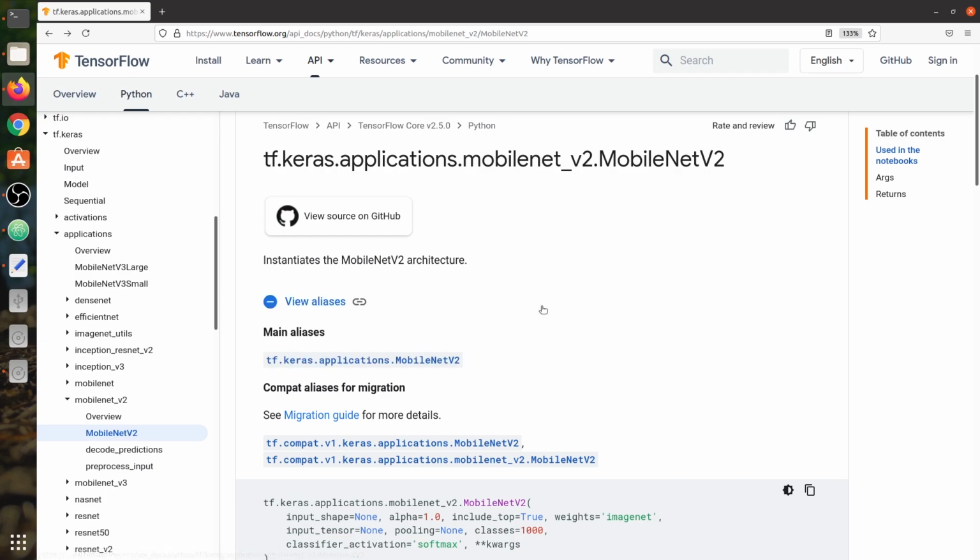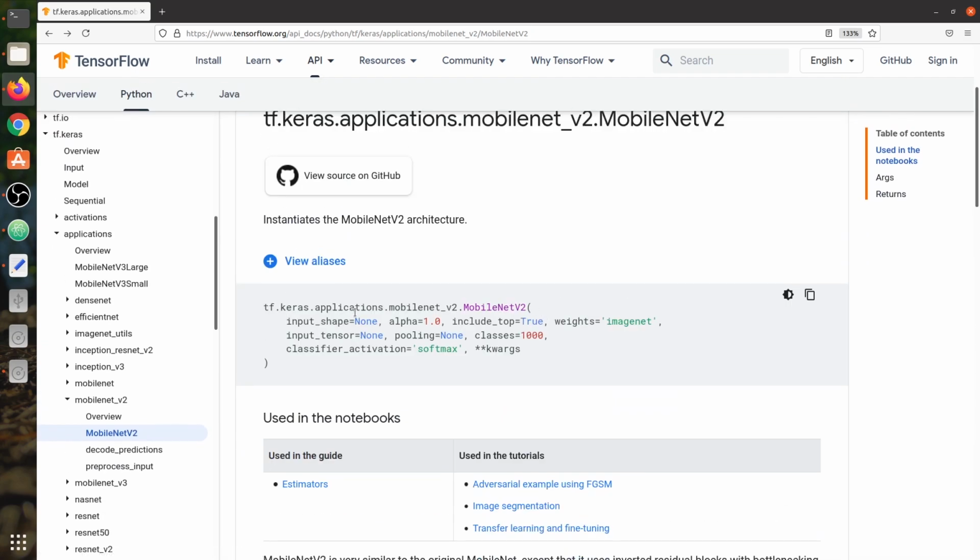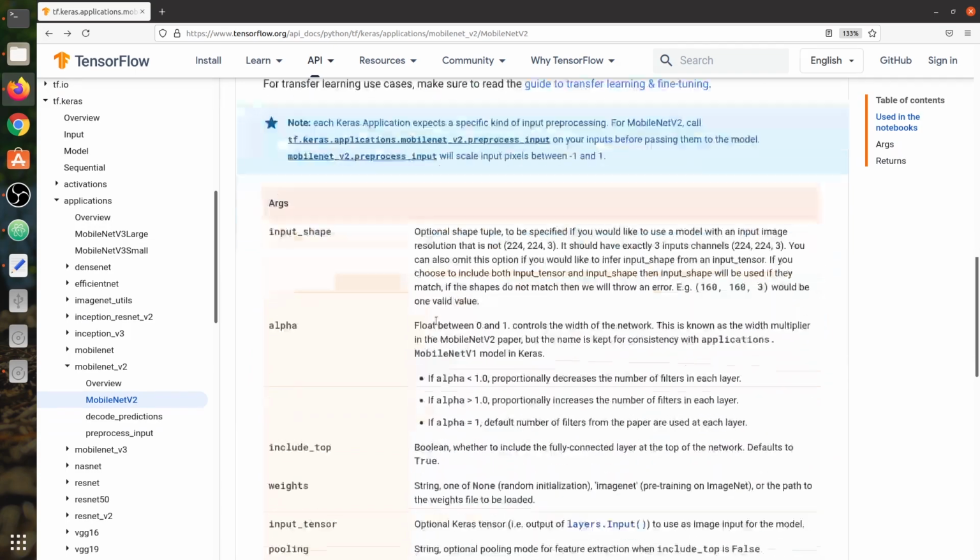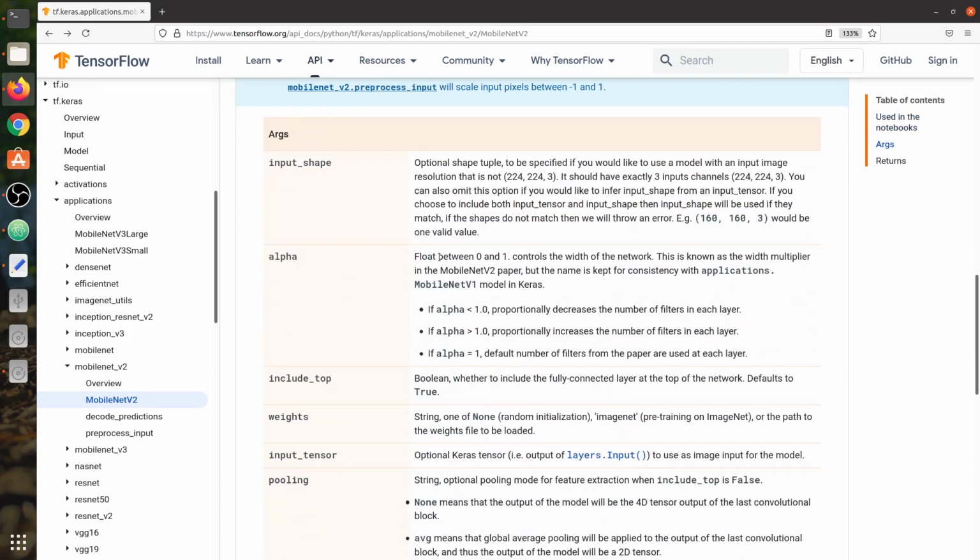Here you can see the MobileNet version 2 class, and it has various parameters, and one of them is alpha, whose default value is 1.0. It controls the width of the network, or basically the number of filters in each layer, and it is also known as the width multiplier.